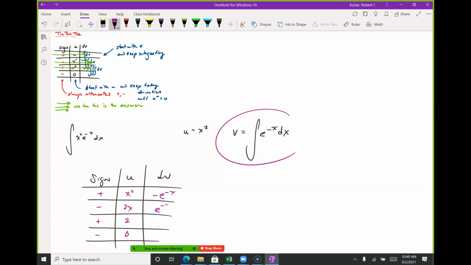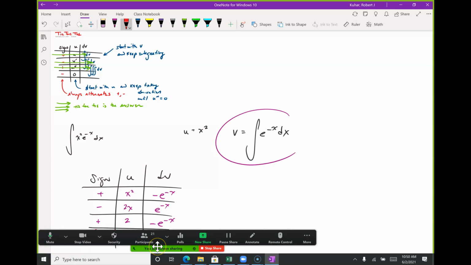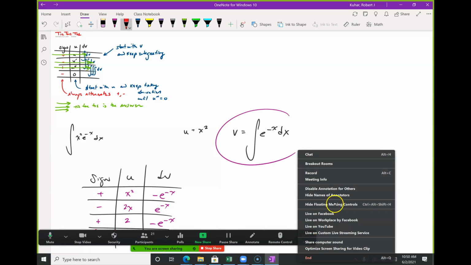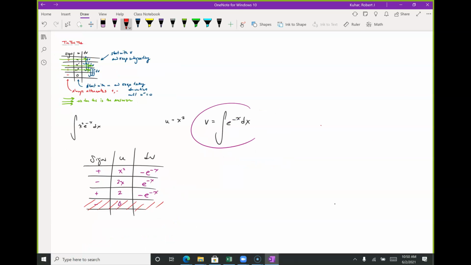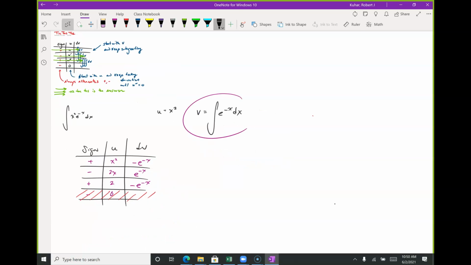And if you can see, I'm going to keep getting a negative out front. So I get an e to the minus x and then another negative e to the minus x. And I don't care about this last row. Once I get to a 0, I don't need that row anymore. Because remember, I'm going to go tic-tac-toe, and the one that I go across in 0 goes away anyway. How are we doing here? I know it probably seems strange, but